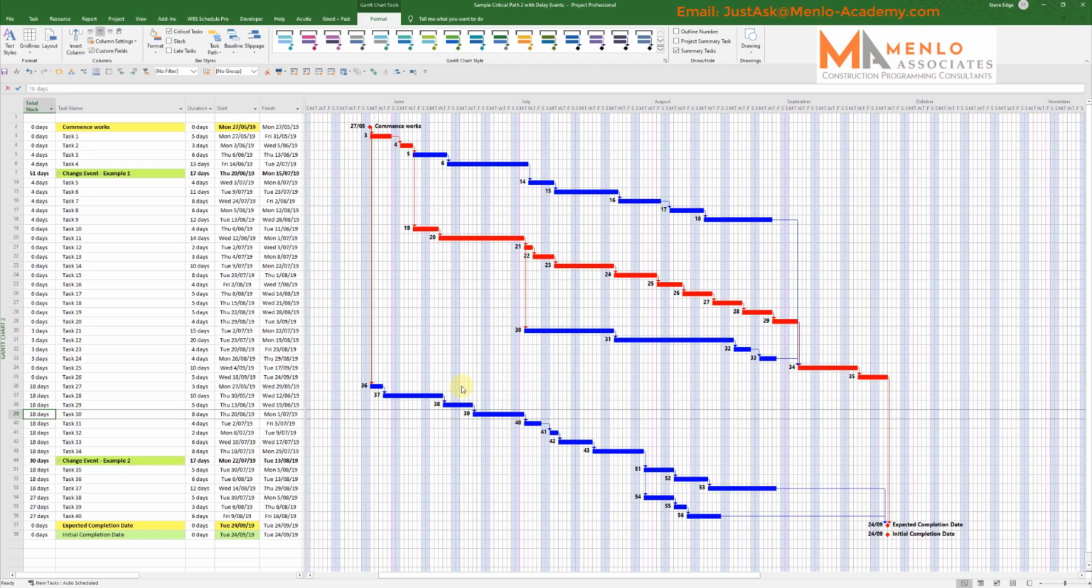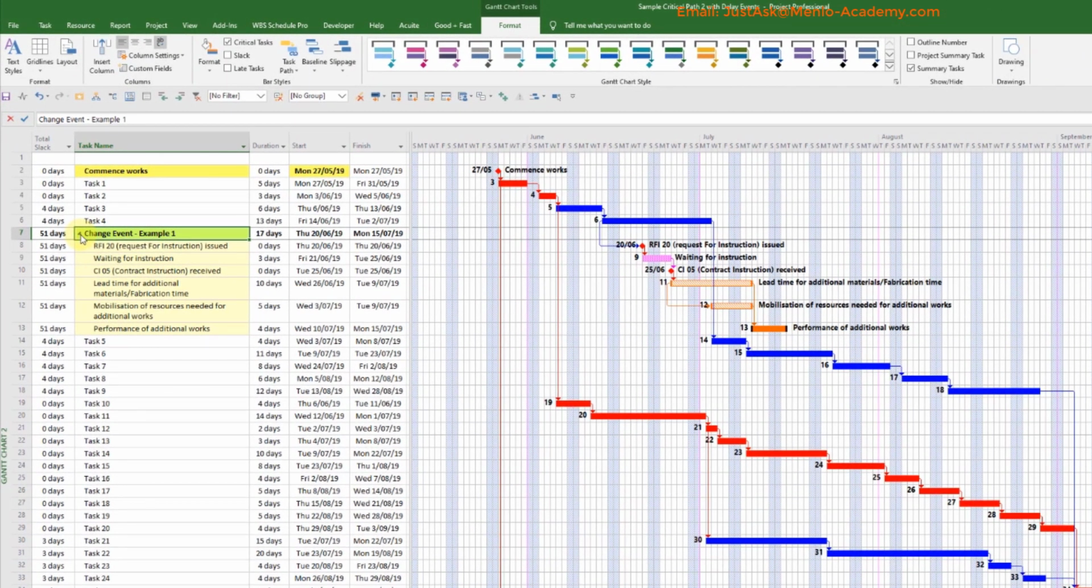Right, so first thing we're going to do is look at this change event, and there are basically 2 types of events that cause issues. When you're in the process of carrying out work, things come to light that you didn't know, and there are essentially 2 ways that they would affect the program. They'll either affect the task that was happening at the time you discovered the problem, whatever the problem is,